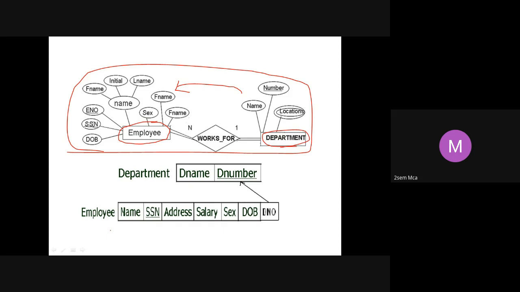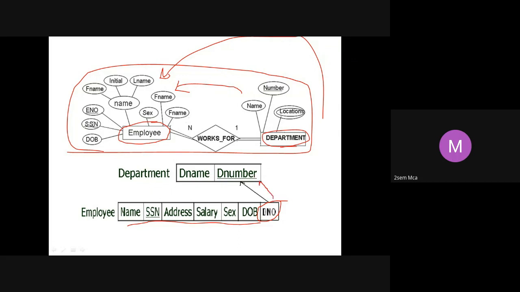That is the relationship here. So department is 1, employee is n. Include the primary key of the one side as a foreign key in the n side. So what we have done here, look: name, SSN, address, salary, DOB, D number you have. D number here acts as a foreign key.